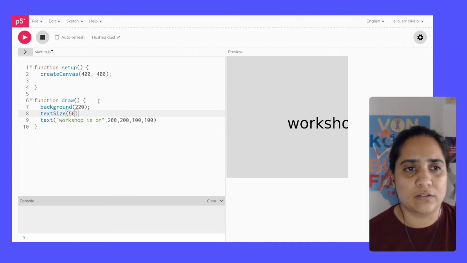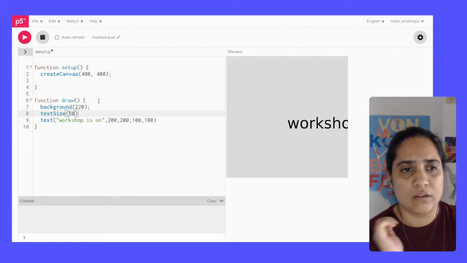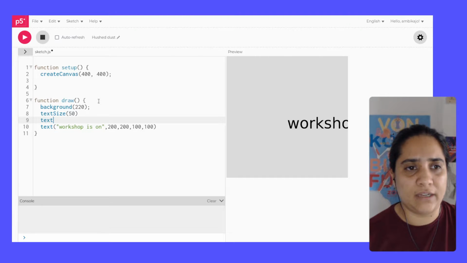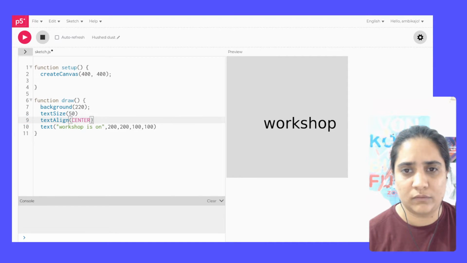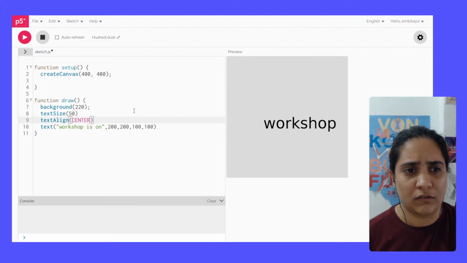Sorry. So now you can also do text align. As you can see, if there are two words, the second word's first letter is always capital. So you can align it center, which will give you center alignment, or